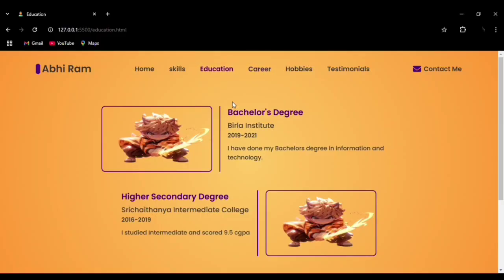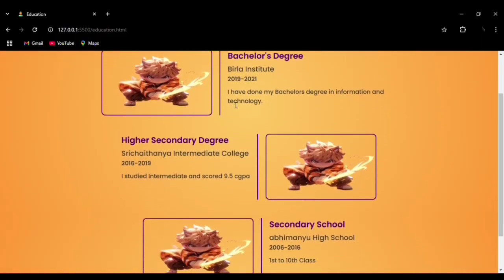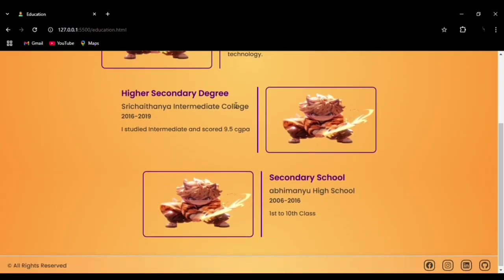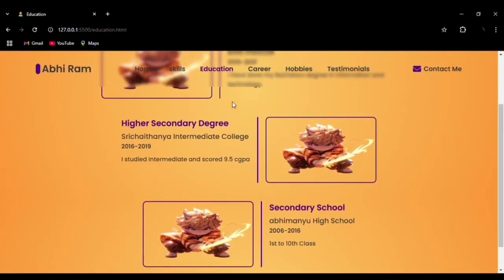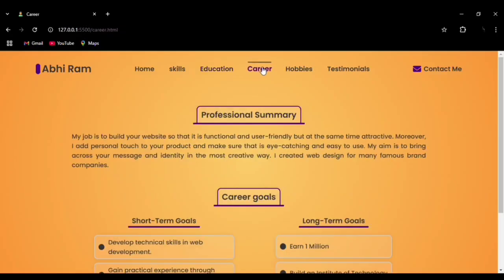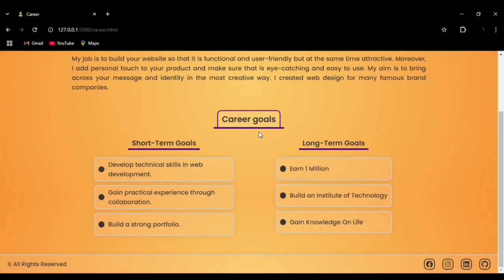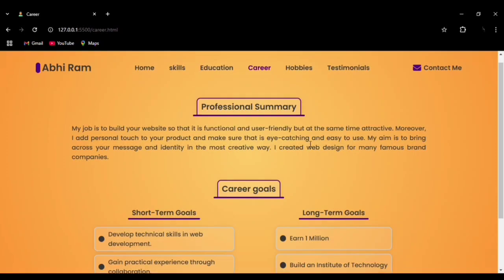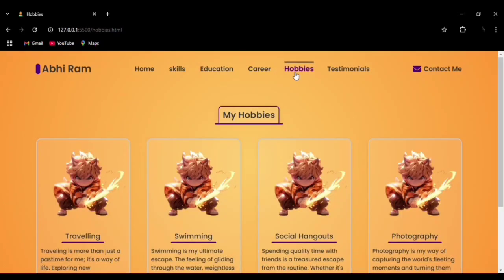You can see this is the education section. They are aligned one after another using flex. Then we have career. In the career you can see the box shadow effect around each and every goal. You can see how professional it looks. Then we have hobbies,